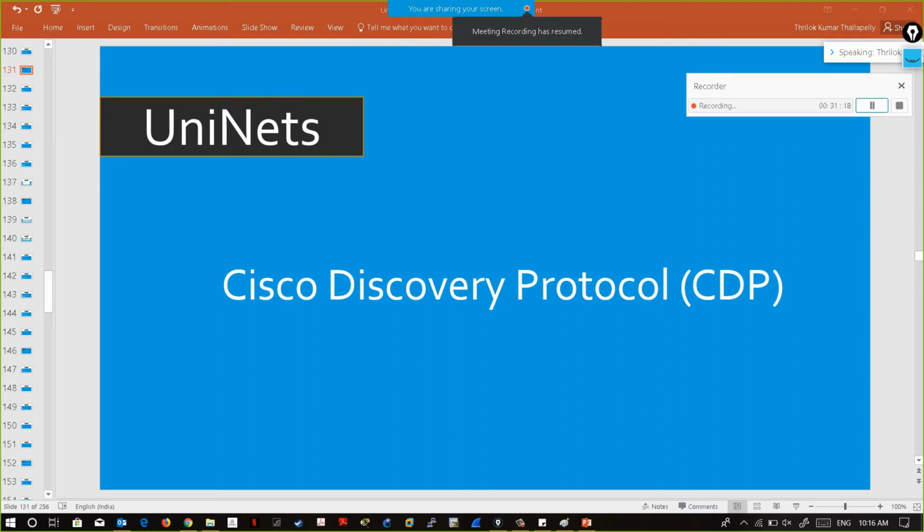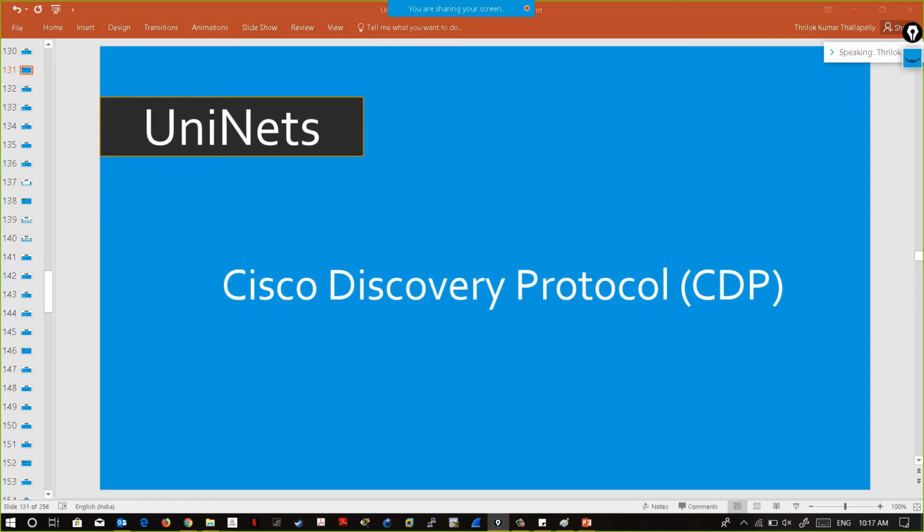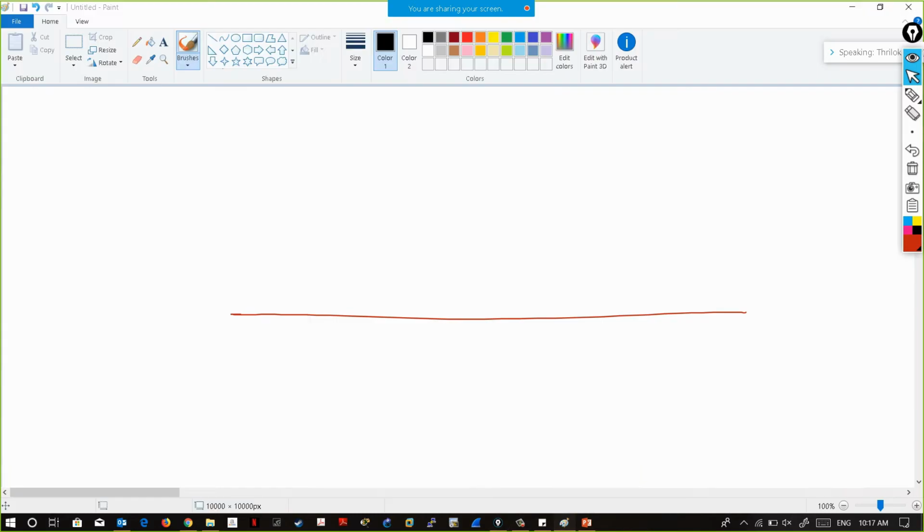So Cisco Discovery Protocol, right? Why do we use this? What is the purpose of why this protocol has come up? For time being, think that